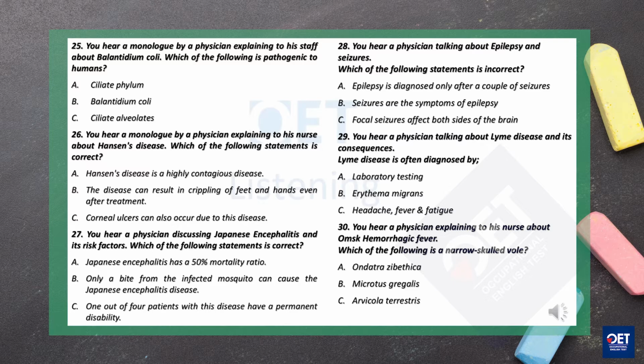Balantidium coli is an intestinal protozoan parasite that can infect human beings, which is transmitted through the fecal-oral route by contaminated water and food. Although Balantidium coli infection is mostly asymptomatic, patients with other severe illnesses can experience abdominal pain, persistent diarrhea, and sometimes a perforated colon. Balantidium coli is a parasitic species of ciliate alveolates that causes the disease balantidiasis, which is the only member of the ciliate phylum known to be pathogenic to humans.